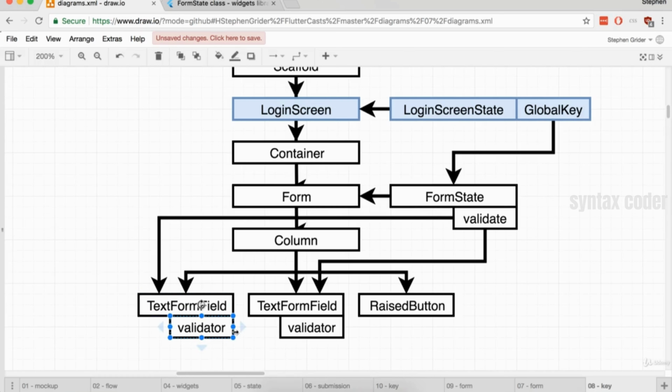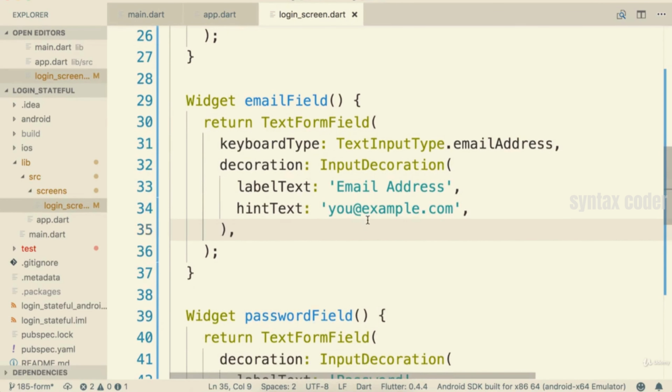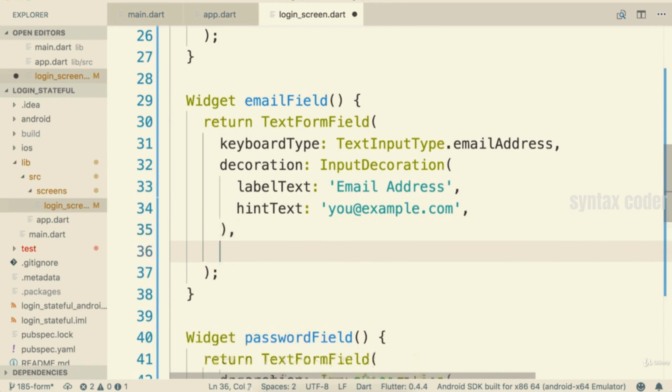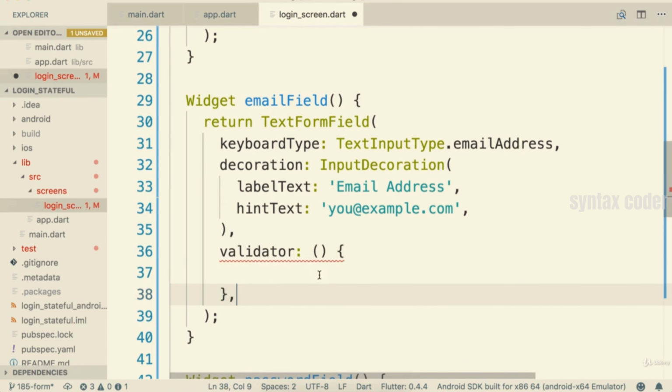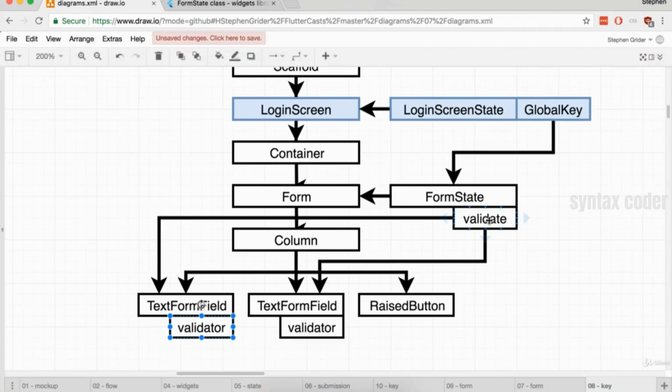Okay, so this validator part right here might seem a little bit confusing, so let's go make one quick change inside of our code editor and you'll see where this validator thing comes into play. So I'm going to go back to my code editor. I'm going to find my email field. Here's the text form field, and as an additional property to the constructor, I'm going to pass in a property called validator, a function to the validator property. There we go. So now this function right here is going to be automatically called anytime we call the validate